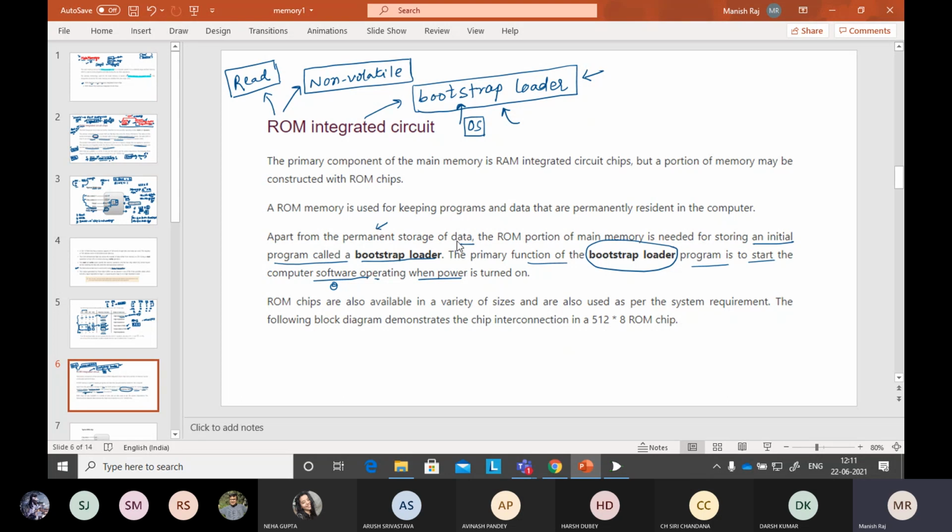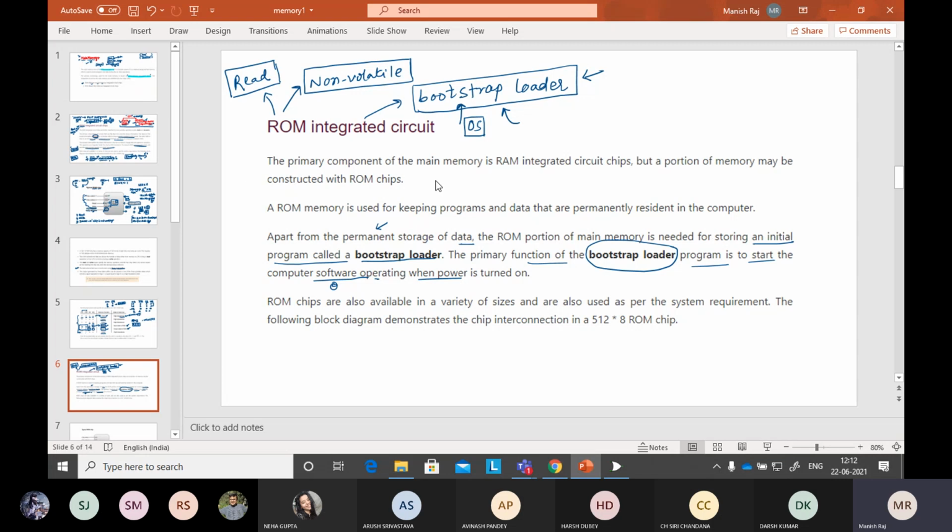So the bootstrap loader is used before the memory. It will start or it will close, and in this way you can understand that there is no effect on the memory, so you can say it is the permanent storage of the data. It will not be erased by switching on or off the electric charge, or plugging the computer or the system on and off.